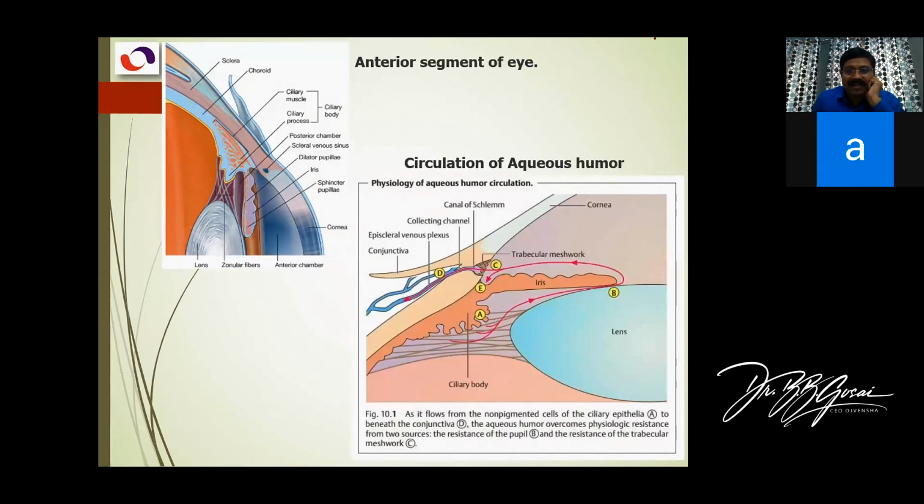Doctor, the blockage of the fluid, is it called glaucoma? Yes. The increase in the pressure is known as glaucoma. The condition is known as glaucoma, and the pathology is blockage of the canal, which raises the pressure. The definition of glaucoma is increased intraocular pressure.